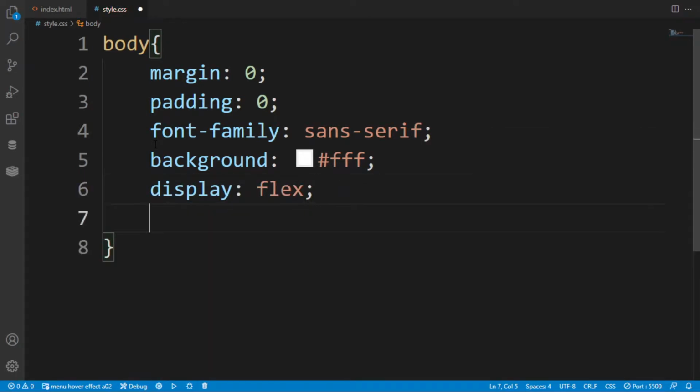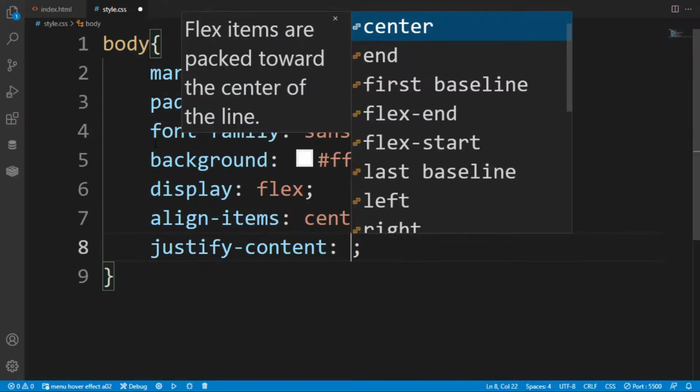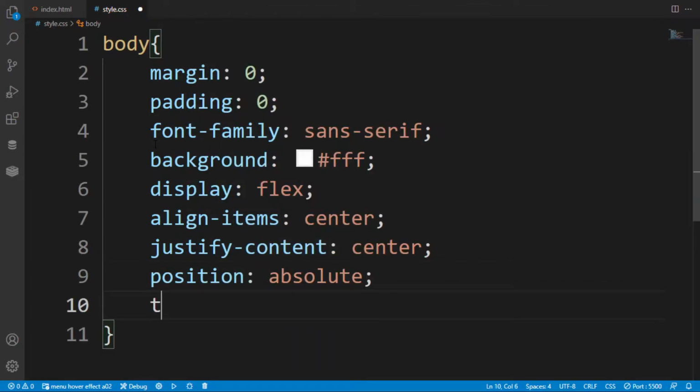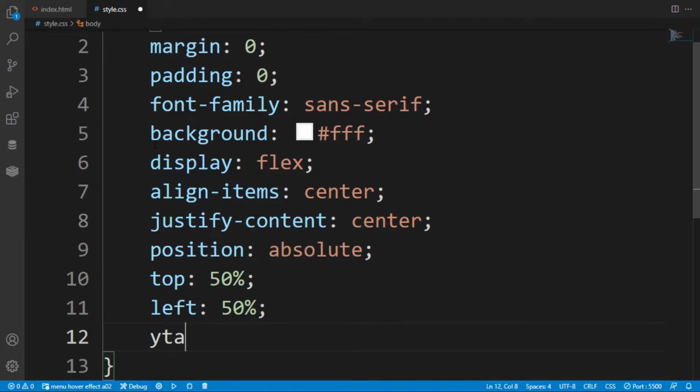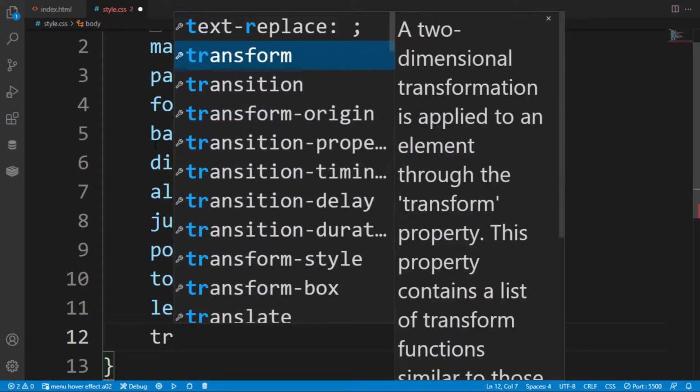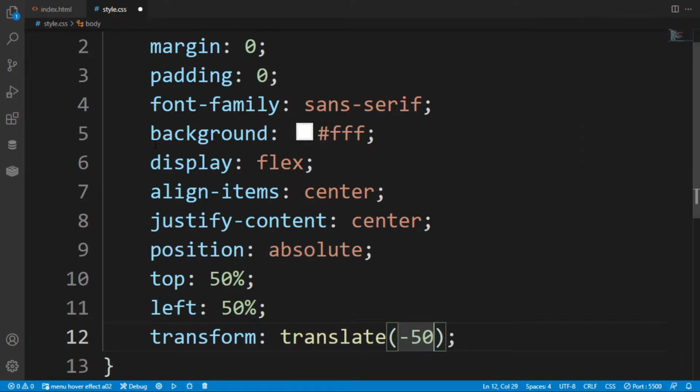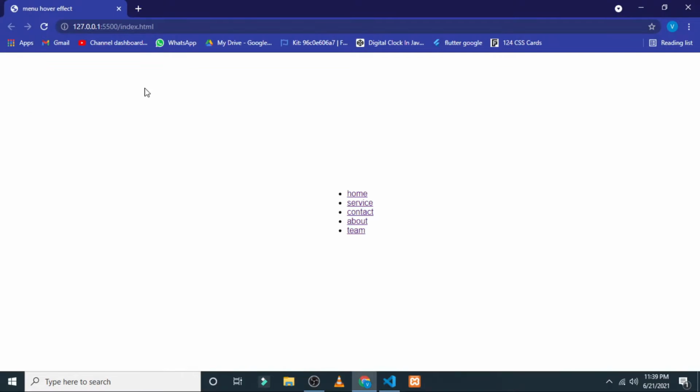Here I am giving display flex, align items center and justify content center, so that the list will be at the center of the page. Here the position is absolute, top 50%, left 50%, and then I am giving the transform of translate minus 50% and minus 50%, so that the text will be at the center.